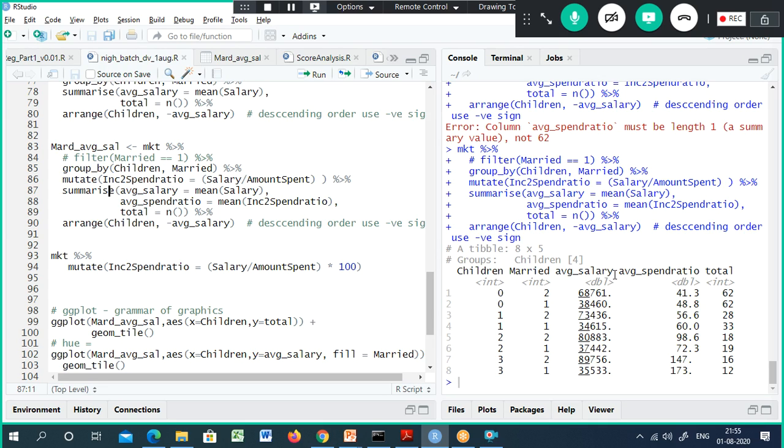But here also it's a derived variable only. Average salary, average spend ratio. Sorry, average salary, right? You are taking the mean of this salary and assigning it to this one. And then the n function is available as part of dplyr. The n function tells you how many customers there are. In total, 62 married customers, especially those who do not have kids, right?